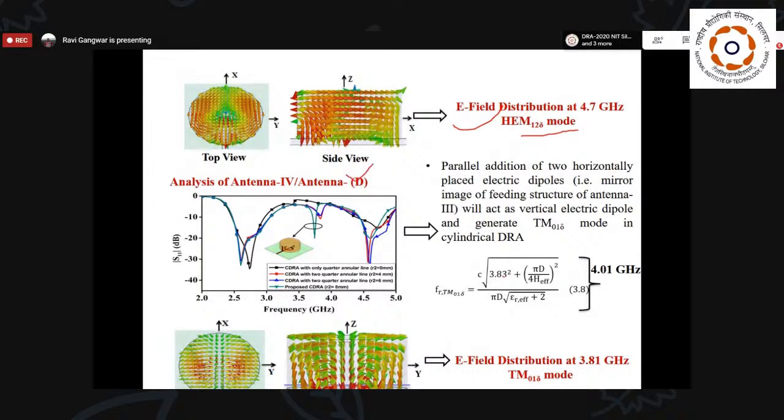And when I make the final antenna structure, we get another peak. And this peak is due to the TM01 delta mode. That is due to the addition of these two small C-shaped structures, so that we get a psi-shaped structure, and that creates a virtual electric dipole. Due to that, we are able to get the TM01 delta mode. So when we verify with respect to the theoretical analysis, it is confirmed that this particular band is due to the generation of the TM01 delta mode.